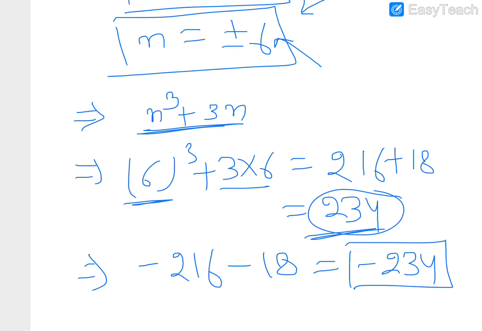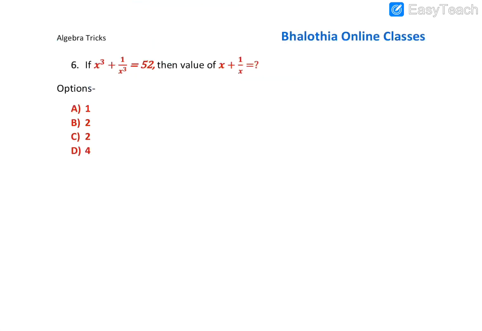Okay, so either both will be given in your questions, or one will be given. Next, let's move to the next one. And next one we will use a trick, or we will use the options to solve this one, else it will become lengthy. Okay, so we can do it without options as well, but using the options will become easy for us. Okay, so how we will do it?